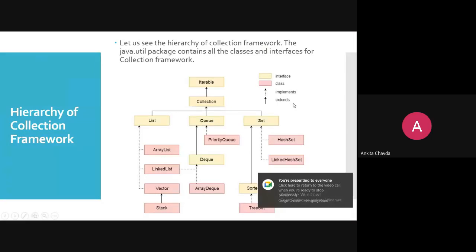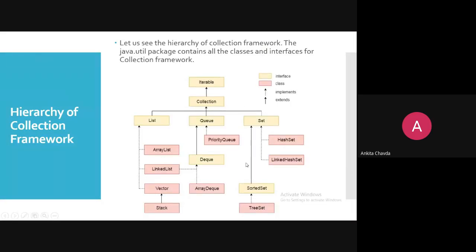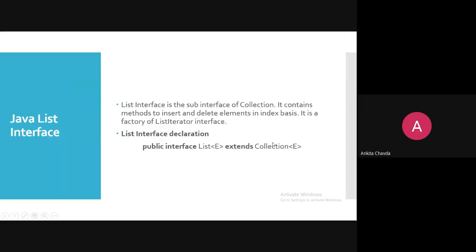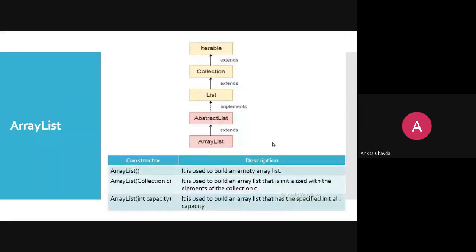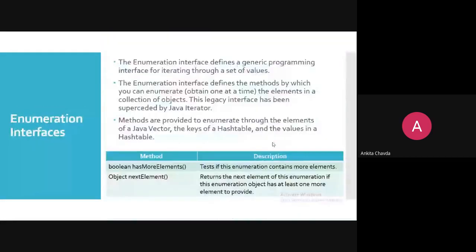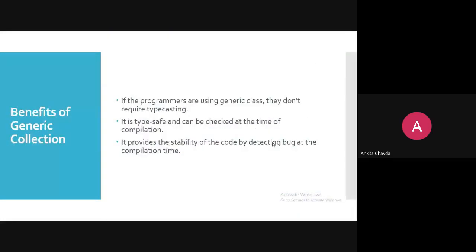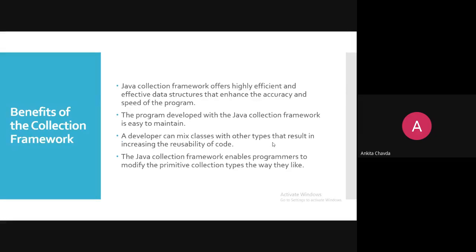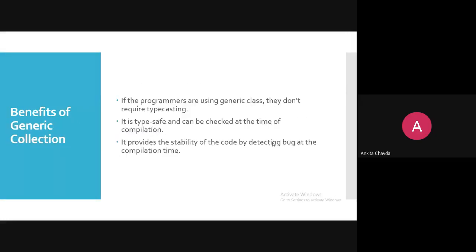So here you have seen those classes, right? And now we'll see the differences here. Benefits of generic collection, benefits of collection framework, and so on, right? So very first we'll see what the benefits of generic collection are. If you have a generic collection, it means you can pass any data type, right? That is the benefit.